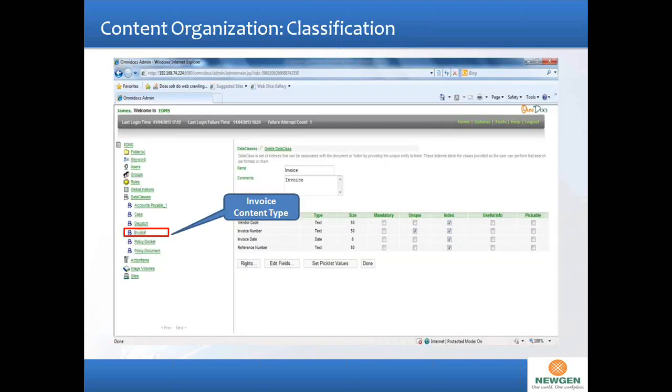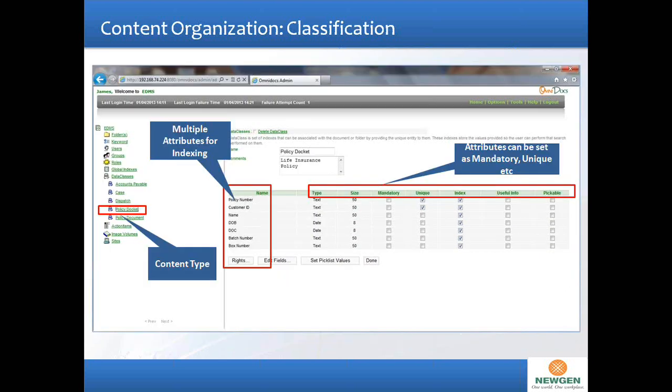Then for every type of document, you can define the way in which you would like search to happen. So for example, if it is invoices, then you can define that while I'm trying to capture an invoice, I'll always put in the vendor code, the invoice number, the invoice date, and the reference number so that later on when I have to access, I can quickly access these invoices.